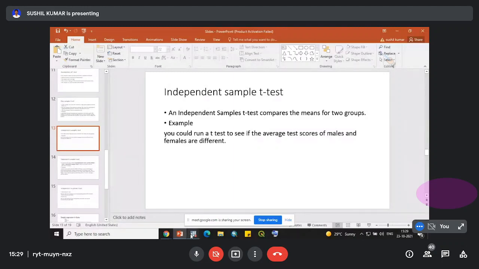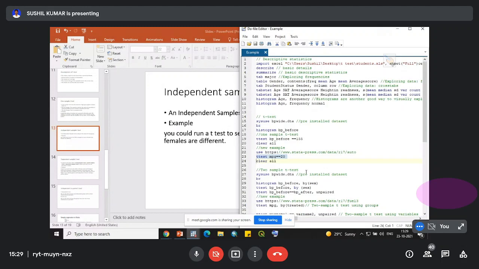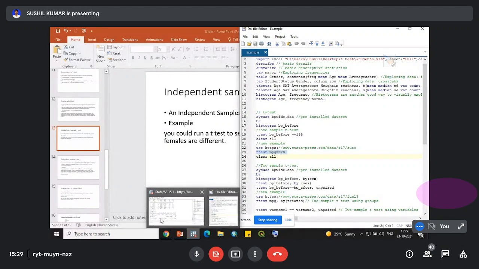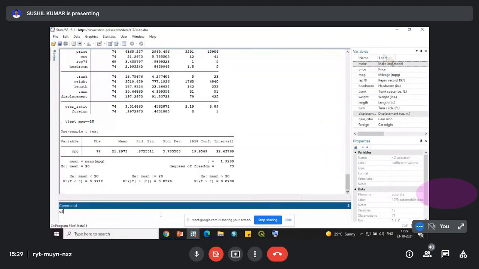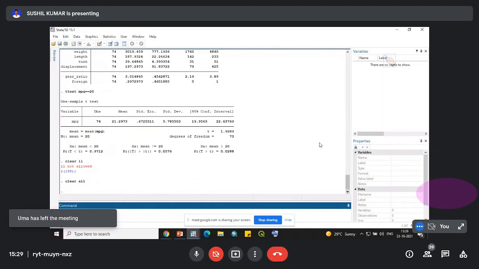Similarly, for the independent sample t-test, we will use a data set, systolic BP wide, that I have used earlier. So first remove this data with clear all. As you can see, the earlier data that we were using is no longer showing.